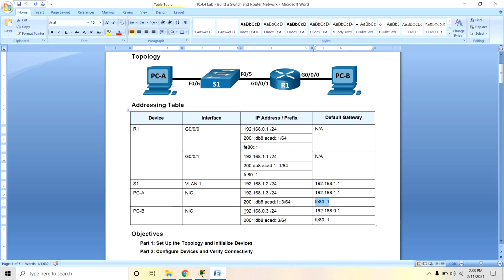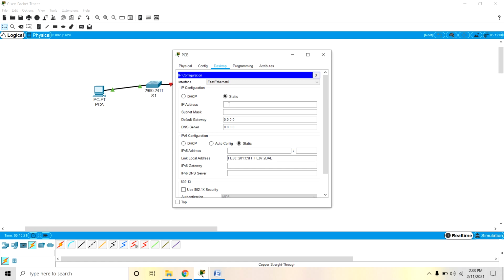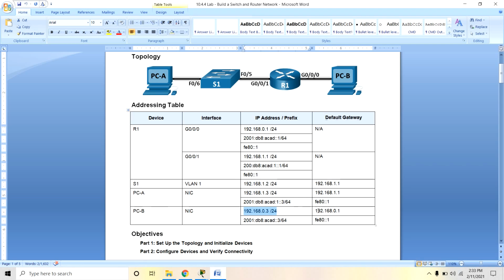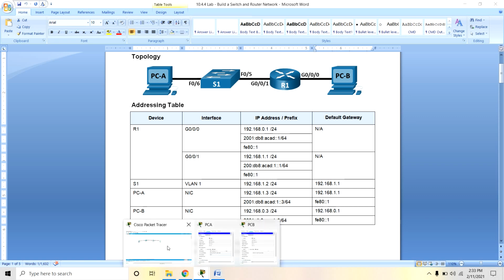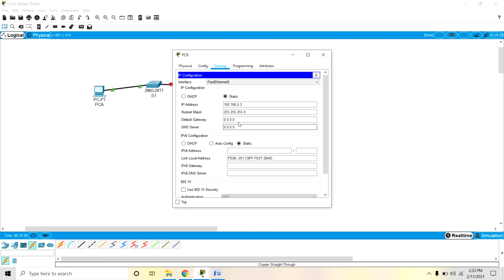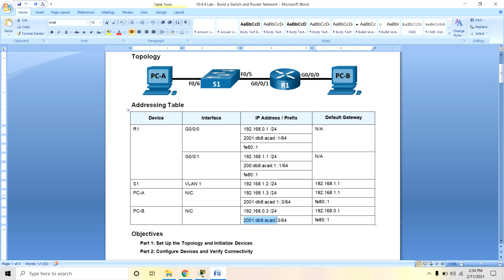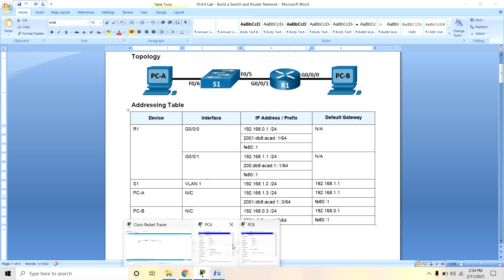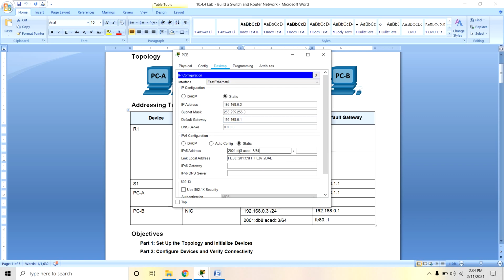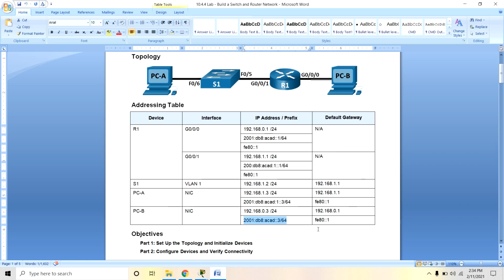Now you can assign the address, and also the default gateway 192.168.0.1, and the IPv6 address for PCB with /64 subnet mask, and the default gateway for IPv6.